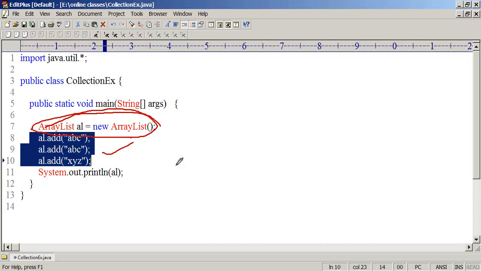Eliminating the duplicates, yes, go for a class which helps you eliminate the duplicates. If you want to arrange the data in a sorting order, go for a class which is going to arrange your data in a sorting order. If you want indexes for your data, choose a class which is going to add your data by using indexes. Just you need to choose. Right? So tomorrow we'll discuss about